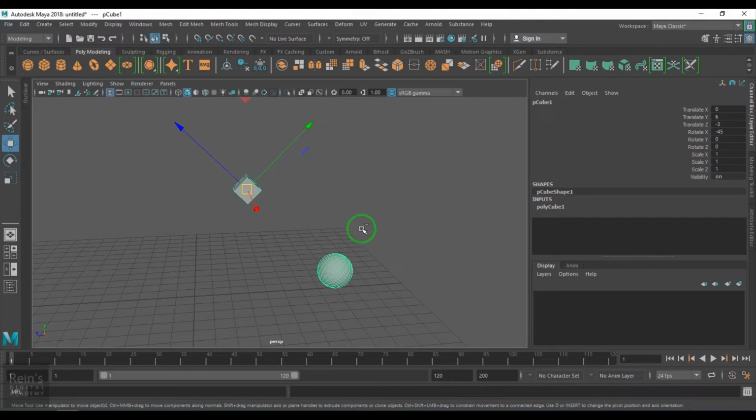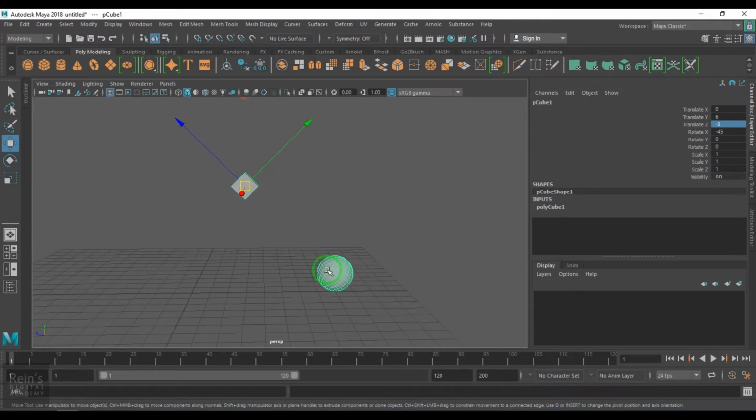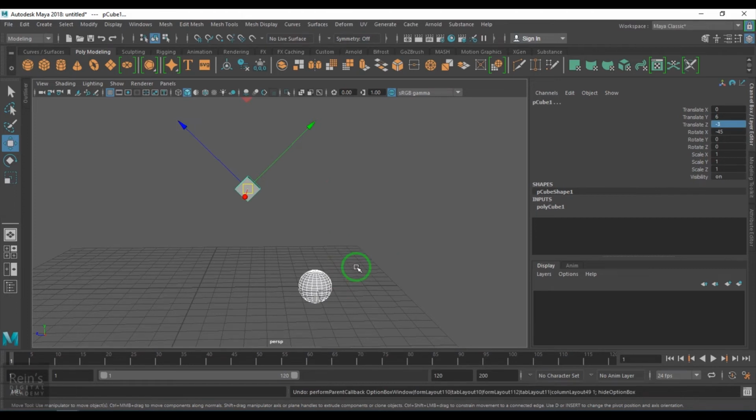Now what is -7 value? It is a value which was already there in the polygon sphere. So when I do the parenting with the preserve position off, it went to the parent's -z -7 value. Now if I select this sphere and then make the value to 0, it will go to the parent's origin. That's what it is doing.